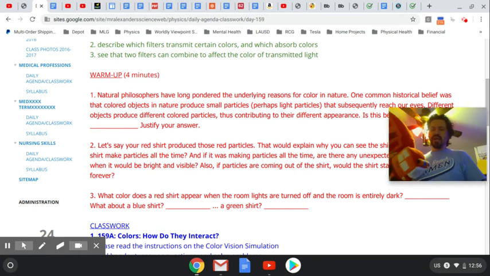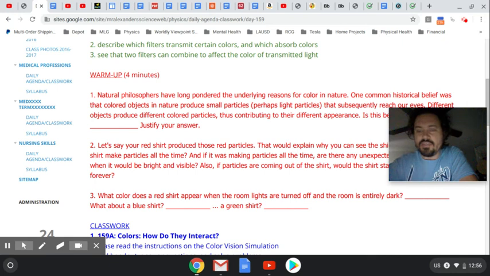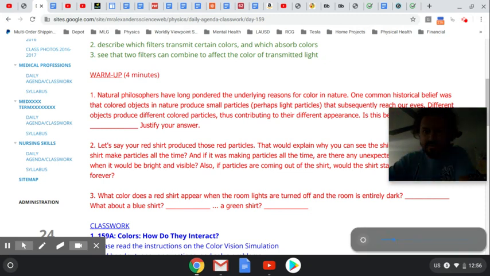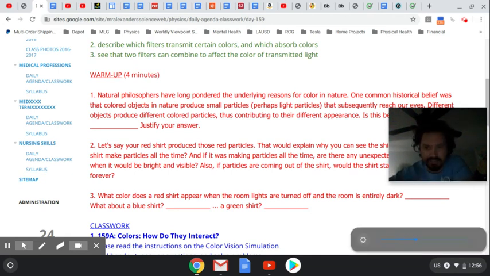So if I had this red thing or this blue thing, and I turned the lights off and the room was totally dark, what color would a red shirt, a blue shirt, or a green shirt appear? And the answer is blue. Just kidding. What you're seeing right now is because the screen is on. But if I turn the screen off, turn it down very low, you can see my shirt begins to appear black. And the more I remove my shirt from the light from the screen, the blacker it gets. So all these things would turn black.